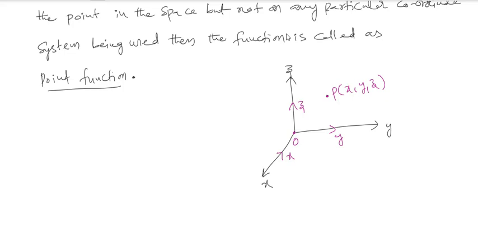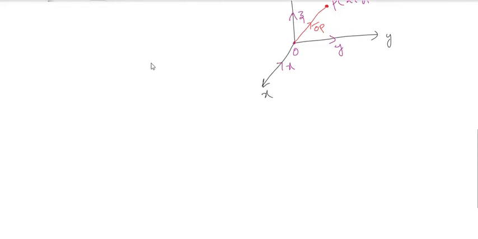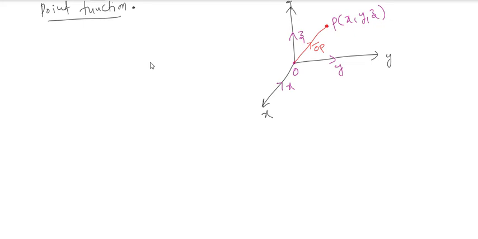This is the origin. If I draw this one, so this will be what? Your position vector, OP bar. So generally, this is to take it as what? OP bar I can represent as, am I right or not? So that OP bar, you will take it as the different strategy. So this is your OP bar, which is nothing but the position vector. Let's note it down, so that you will have an idea.